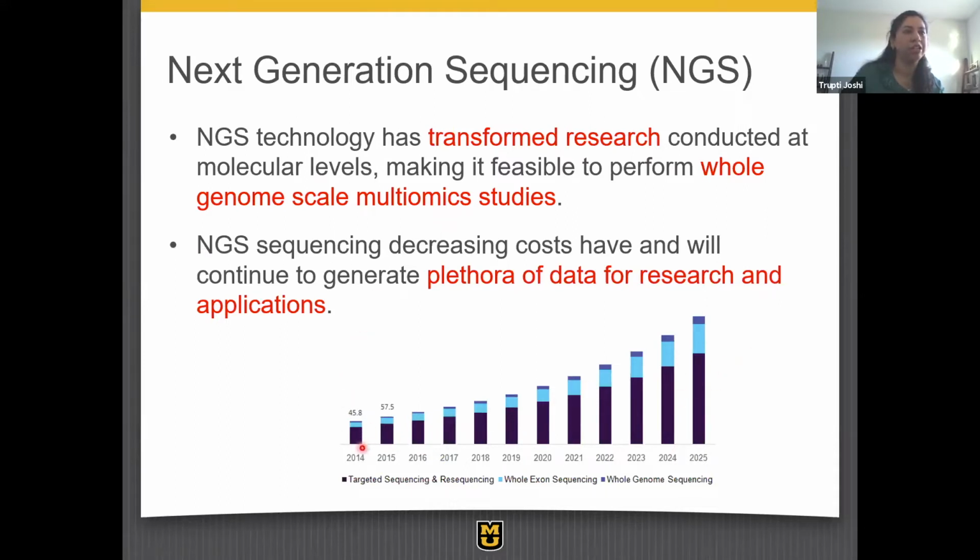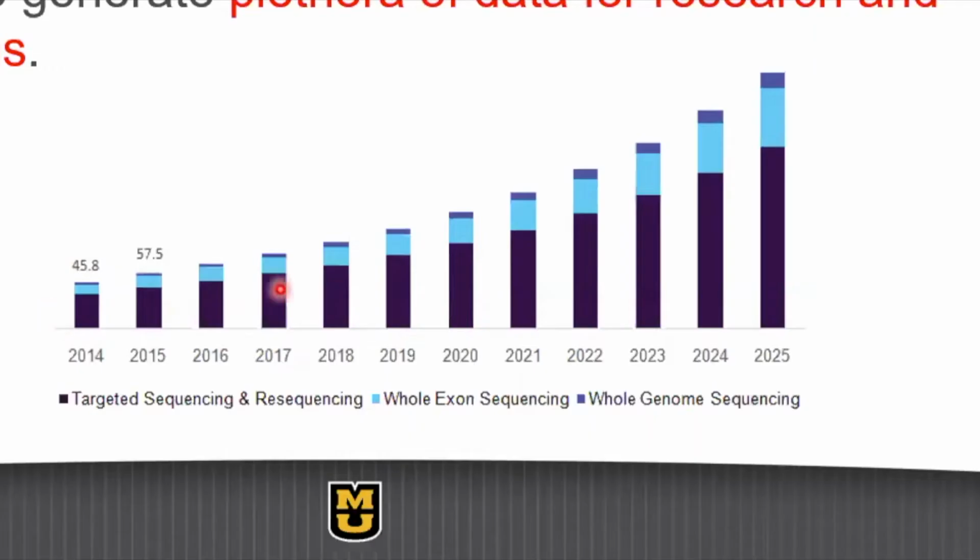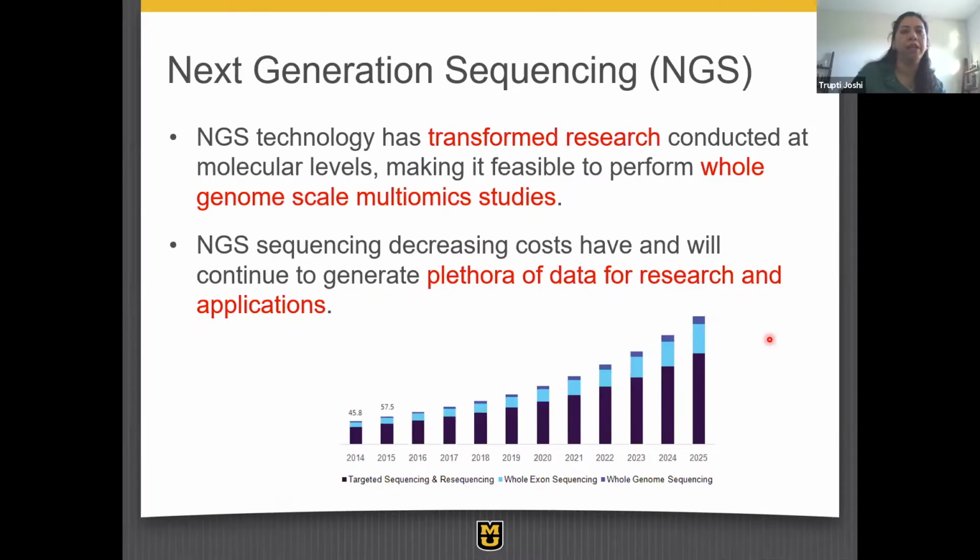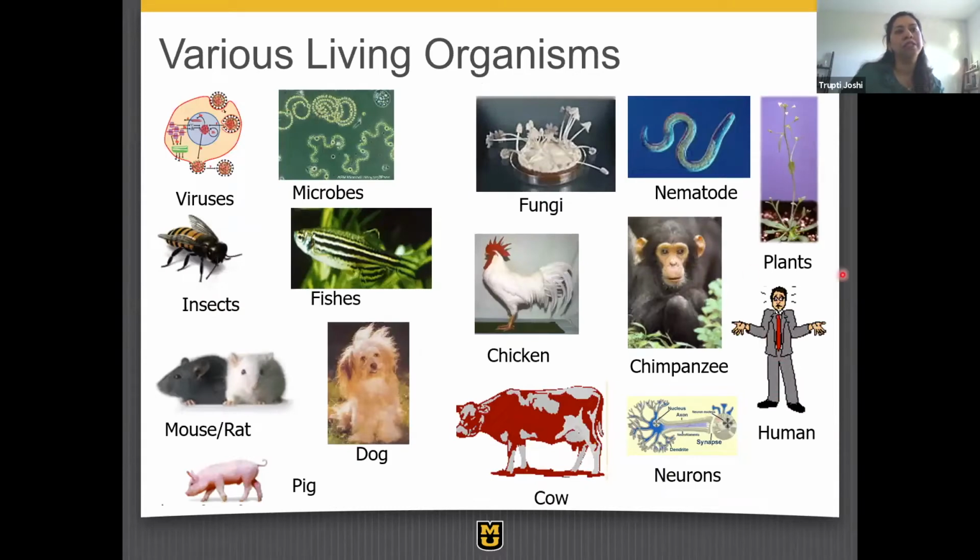What we are seeing here is really only from 2014, and you can already see how the spectrum has been continuing to increase, whether you're looking at targeted resequencing or sequencing data sets, whole exome sequencing, whole genome sequencing. And this is really true in all domains of life, whether you're working on a clinical side or on the agriculture side. So all of these NGS technologies and high throughput technologies impact all living organisms.